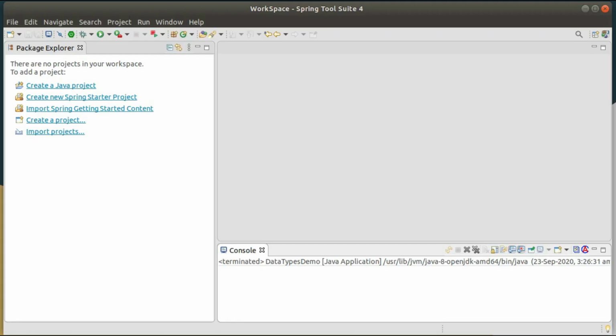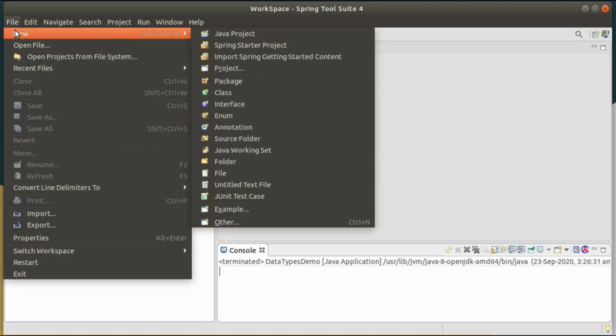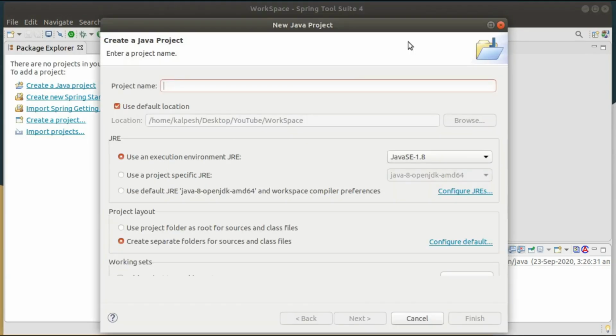practically. This is my IDE, where I am going to create a new project and write our first program. Whenever I want to create a project, I can simply click on create new project. If you don't have this option, simply click on file, new, and here you will get the option Java project. You can give the project name. I am giving it Code Dictator Learning.